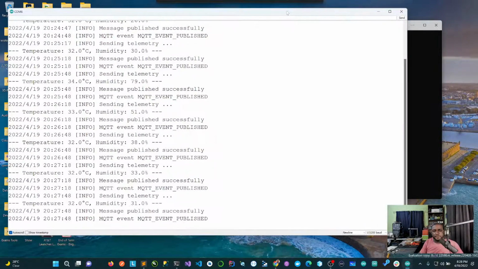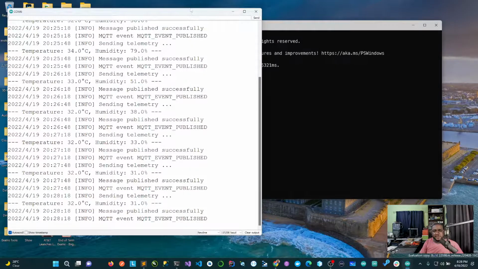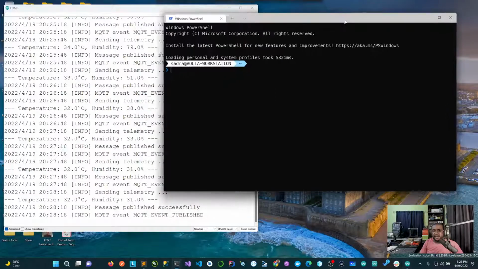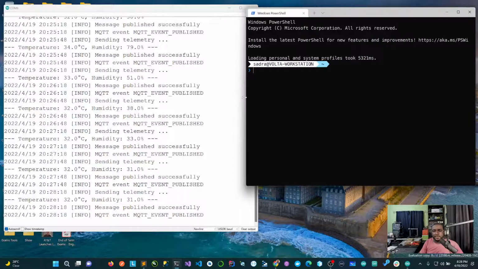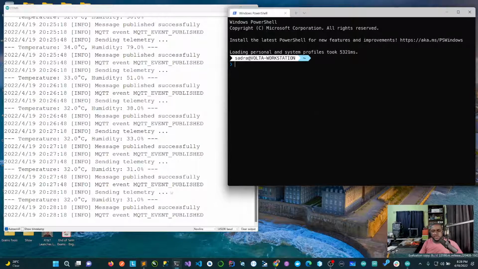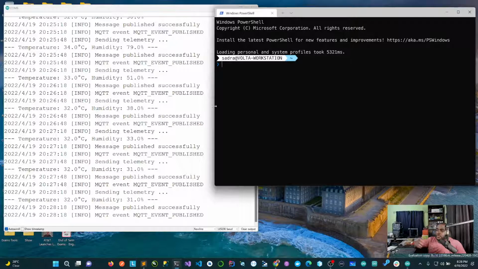Let's put the serial monitor on the side somewhere here. Yeah, let's leave it to auto scroll. That's fine. Yeah, that's good. Okay, so if you want to monitor the events that are going through an IoT Hub,